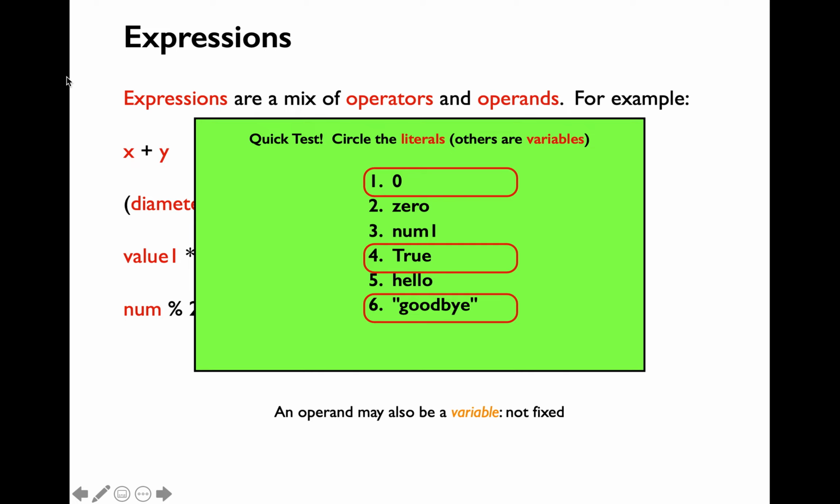So be very careful with Boolean values. If you have a capital T True, it is a Boolean value. A small t true would be a variable. It would be a very bad one, but it would still be a variable name. Similarly, capital F False would be a literal. A small f false would be a bad variable name.